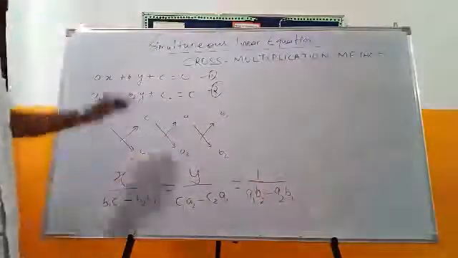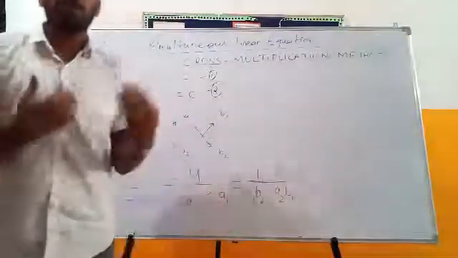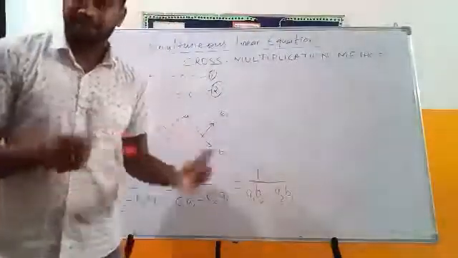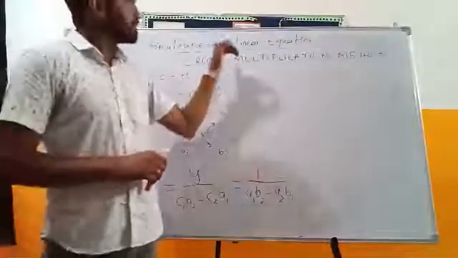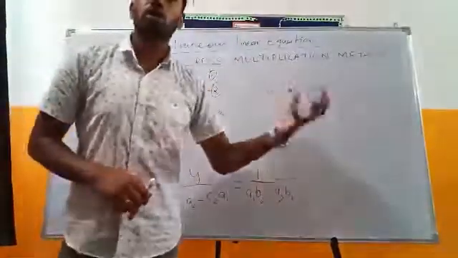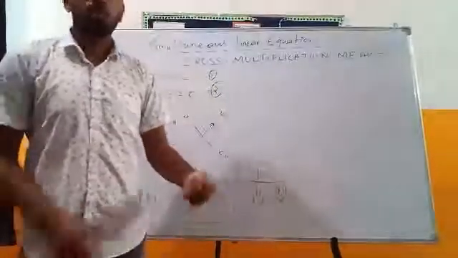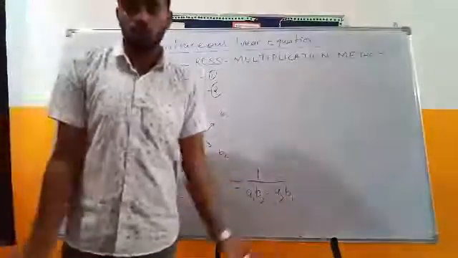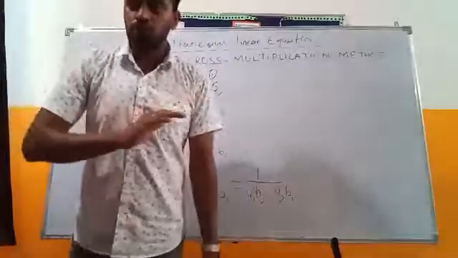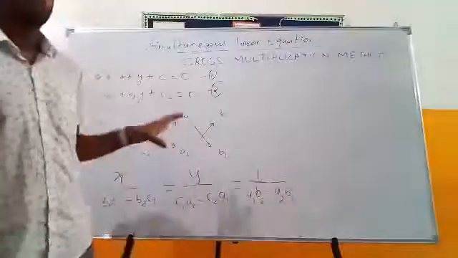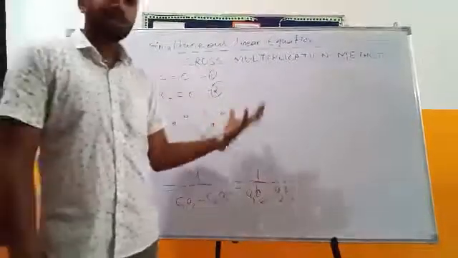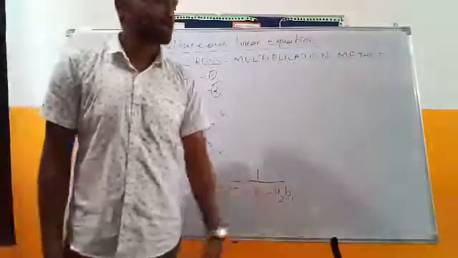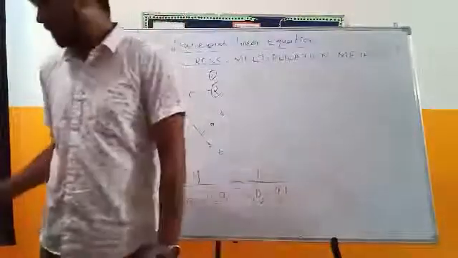This is the cross multiplication method, one of the easiest methods, but when you are sitting for examination, they will be very clear. They'll say: solve this simultaneous linear equation using cross multiplication method. So you can't think, no, I know the substitution method or I know the elimination method, there is no need to do the cross multiplication method. No, the attitude should not be like that. We need to learn this method as well, because this method can also come separately in the exam. We'll take one example.